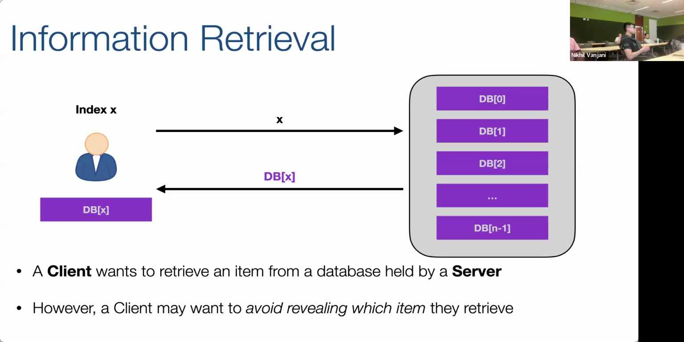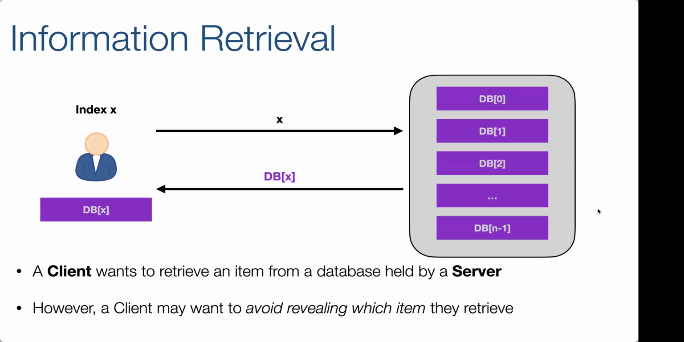So you can think of this as like a DNS lookup, or accessing stock information, or just accessing a web page from some public web service, or maybe some public database, like a voter registration. However, if a client wishes to avoid revealing what element they're interested in, maybe they don't want